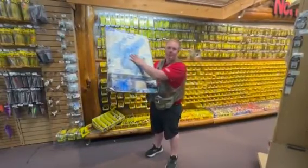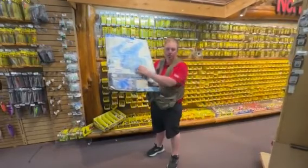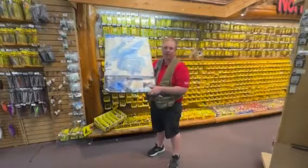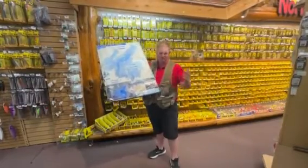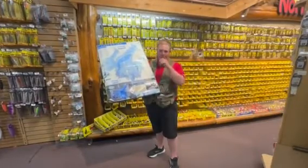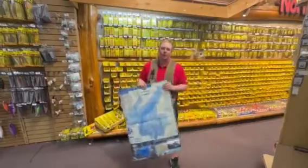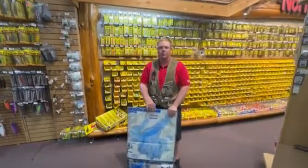Our main rock points, main lake rock structures, Submarine and Annex have been really good. North Bar, Red Rocks and White Rocks, Pelican Island area have been really good for pulling shad wraps. And that's more so throughout the day, the daytime hours. Obviously you can catch them after dark as well pulling shad wraps, but that's been the most productive